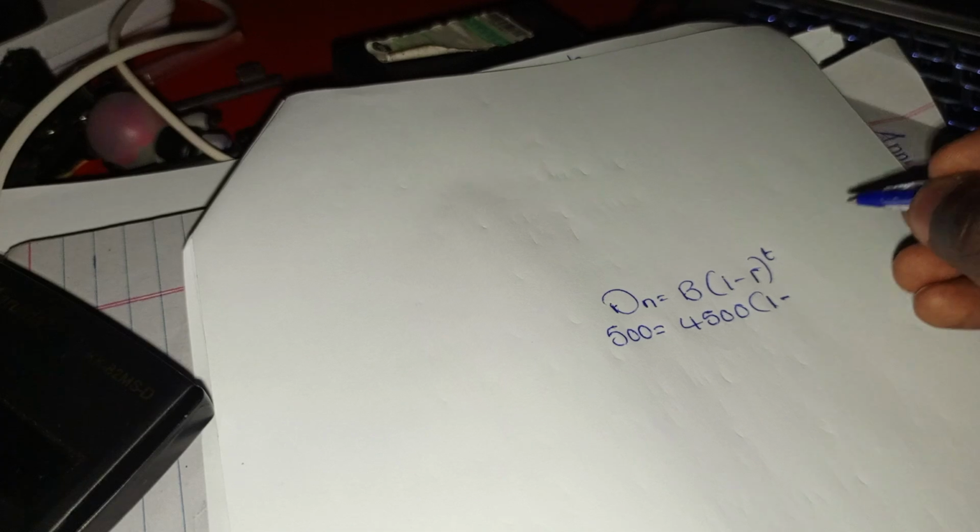So you know depreciation is equal to book value times (1 minus r) to the power t, where the book value, they said it costed 4,500 and you have the scrap value to be 500. Then you have 1 minus r, where r is the rate which we don't know, and we have the time to be 10. So we divide both sides by 4,500. Remember these zeros can cancel, also this side by 4,500. And we know 500 divided by 4,500, that is 1 over 9, is equal to 1 minus r